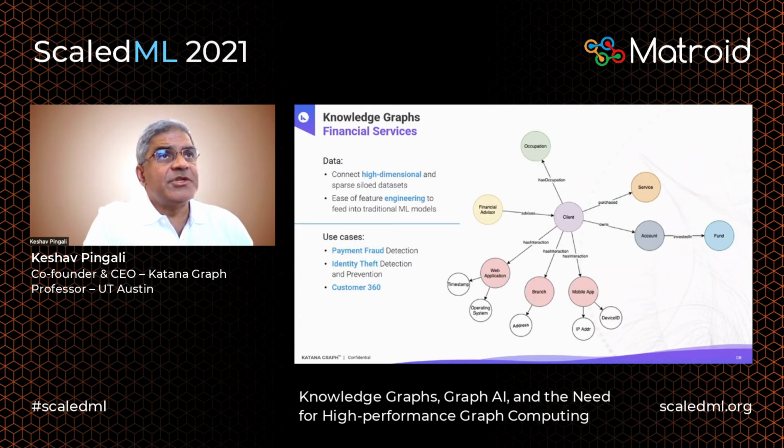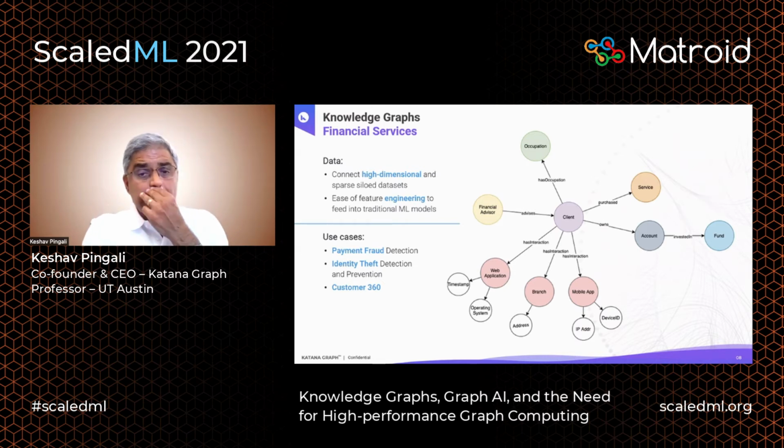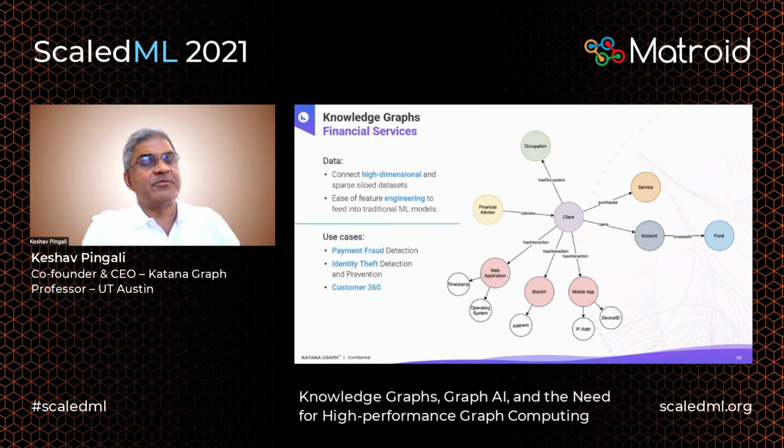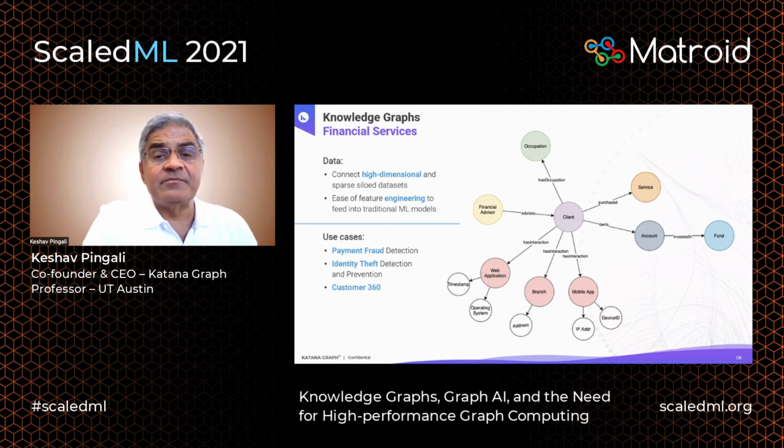These kinds of heterogeneous graphs are actually ubiquitous in applications. We're working with one of the largest fintech companies in the world, and they have a lot of financial transaction data. Again, that can be represented very usefully as a graph. You can see a node saying client over there. There are a bunch of nodes, all of which represent the clients of this fintech company. And then a client may have a particular occupation. So you see an edge going up in the diagram to an occupation node, and the edge is labeled has occupation. The client may have purchased a particular service. Client owns an account. The account might be invested in a fund, and so on.